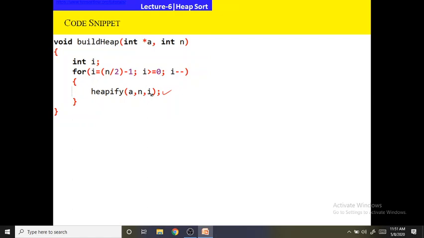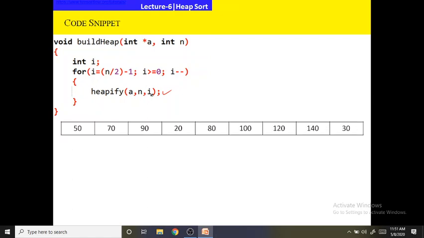For that let us go through an example. Let us consider this array and suppose we want to sort it. First we have to construct a tree for that array. As you know, a tree can be represented in two ways: one is array representation, another is linked list representation. Here, as we want to sort an array, we will represent this array in terms of a tree. As a binary heap is a complete tree, it is better to represent it in terms of an array so that there is less memory consumption.